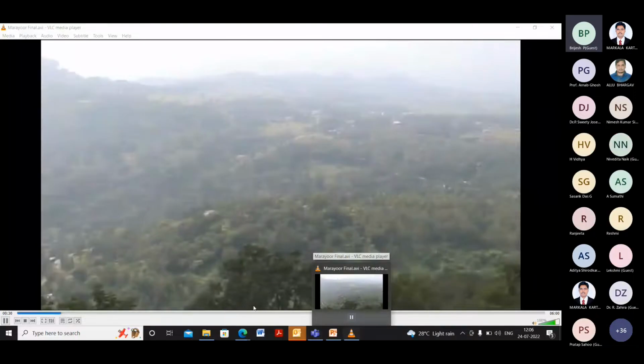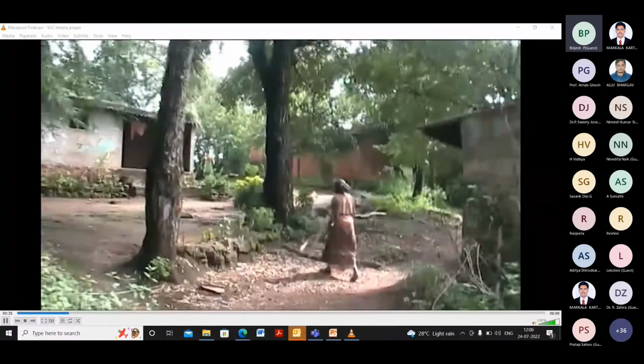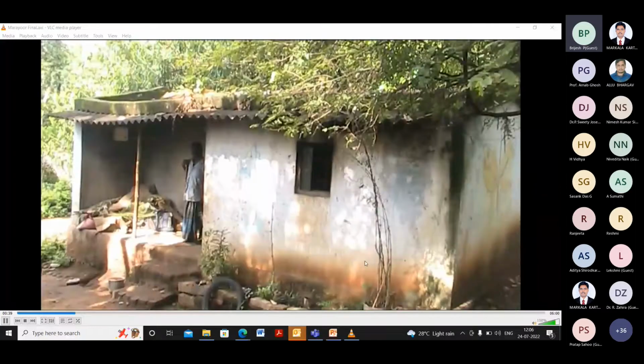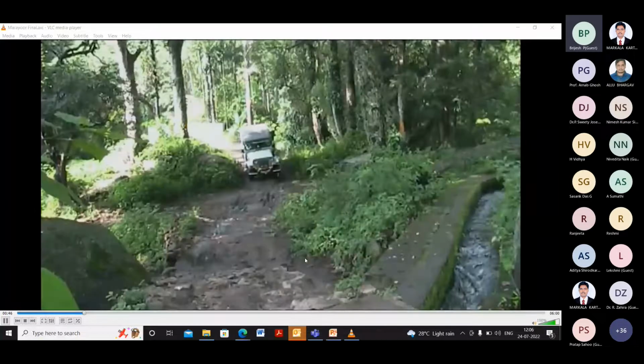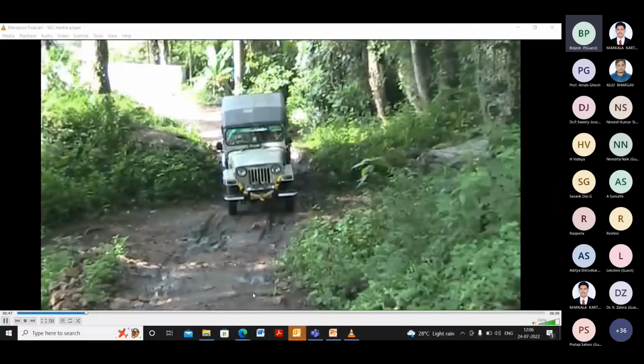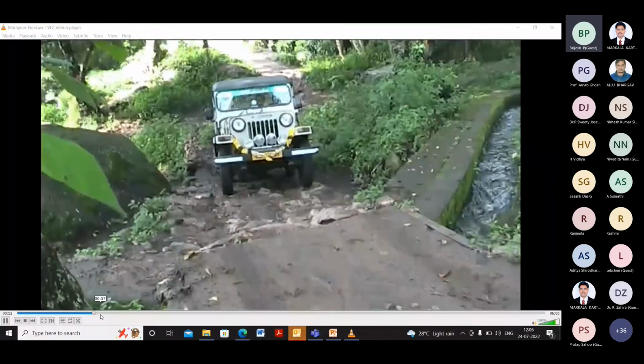Actually, this is the location where we installed the microgrid. These are houses. The transportation and travel was very difficult. You can only go with a four-wheel drive jeep.